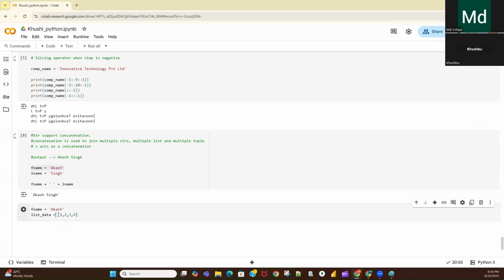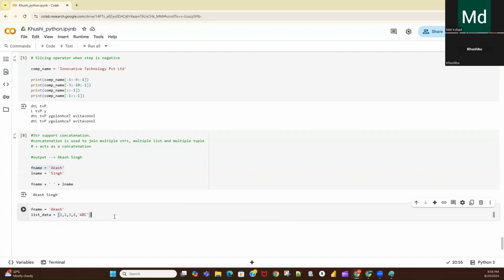This is the way of defining a list: a square bracket, and inside it you can define multiple values. You can even pass string data, let's say ABC, so this list contains numerical data as well as string data.